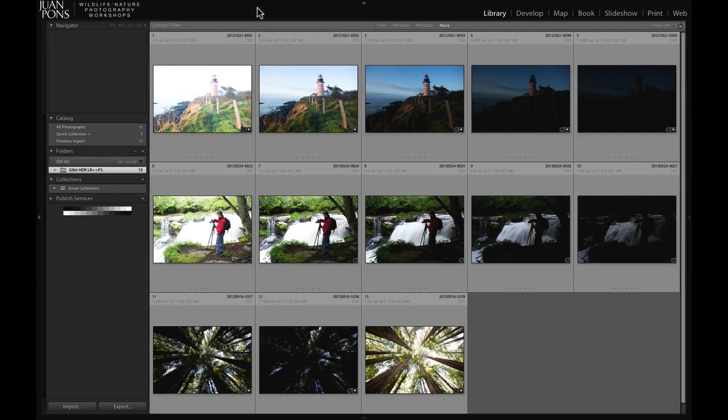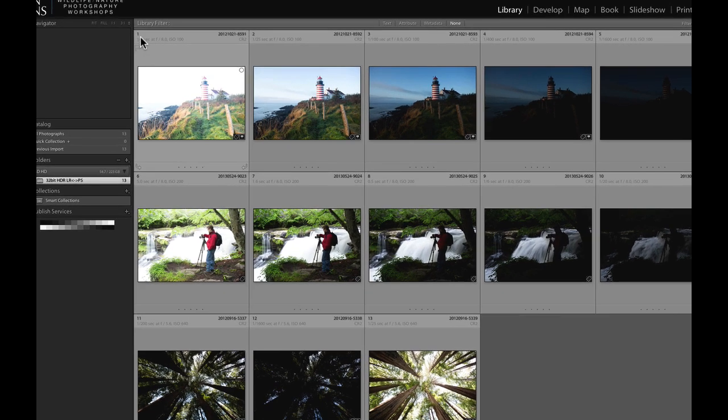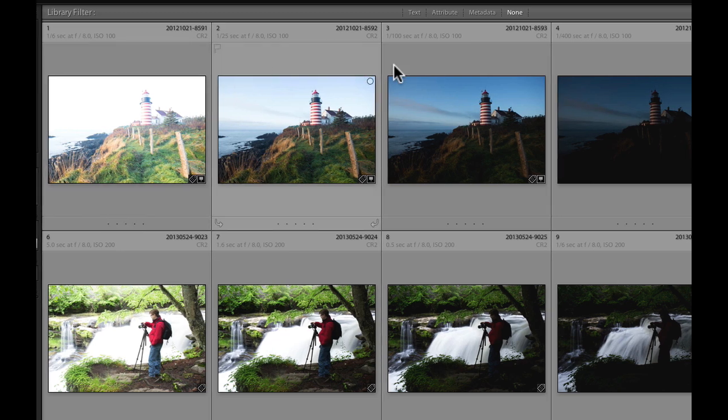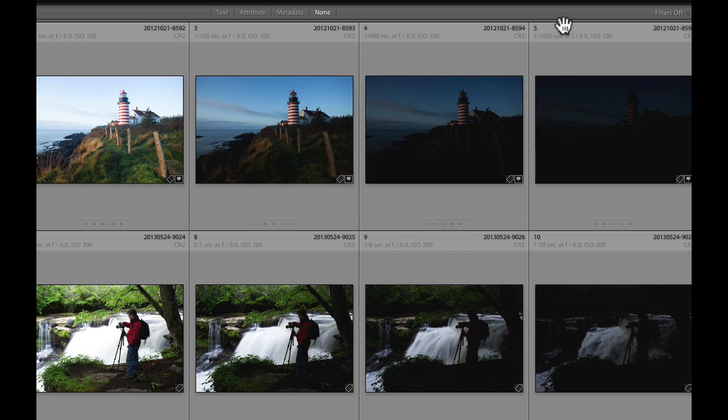Okay, I have here in Lightroom 3 different HDR sets, and I'm not going to get into the details of creating HDR sets, but suffice it to say that you need 3, 5, 7, 9, however many images in which you've bracketed. You can see here on this top set of images with the West Quoddy Head Lighthouse here in Maine that these images are at different exposures. The ISO and the f-stop is the same on all 5 of them, on this 5 image bracket, but this first one is 1/6 of a second, the next one's 1/25 of a second, 1/100th, 1/400th, and 1/1600th of